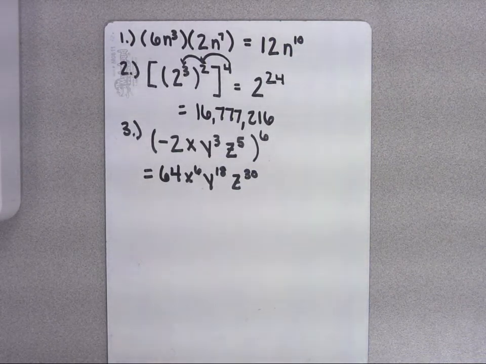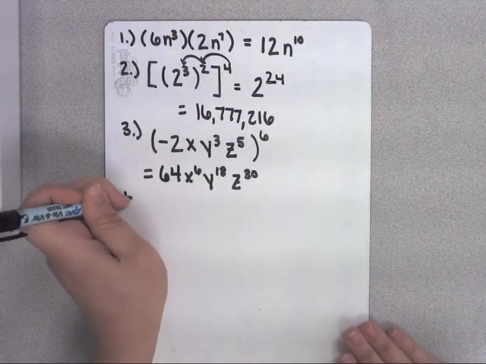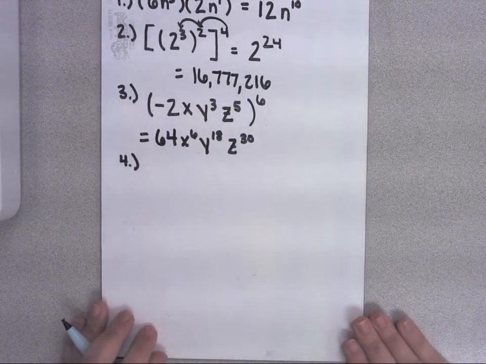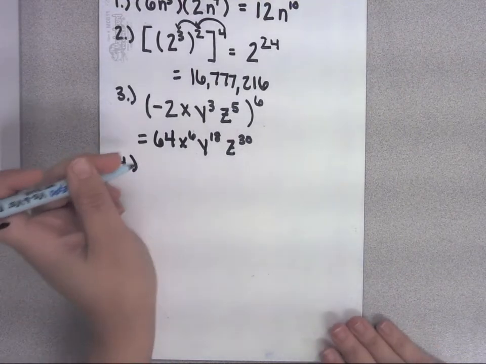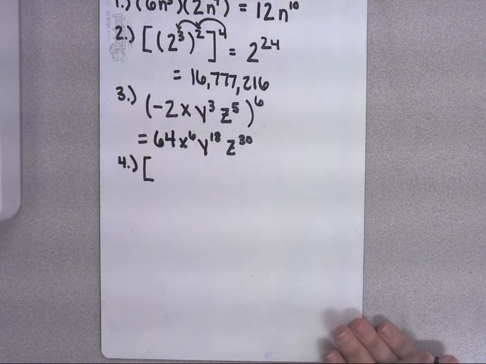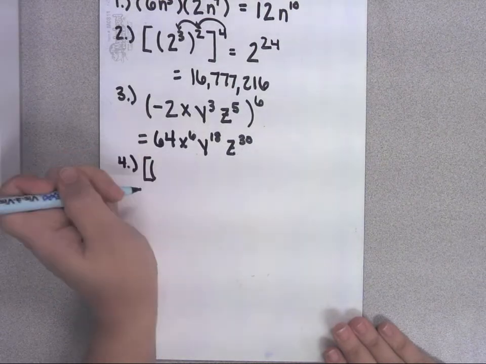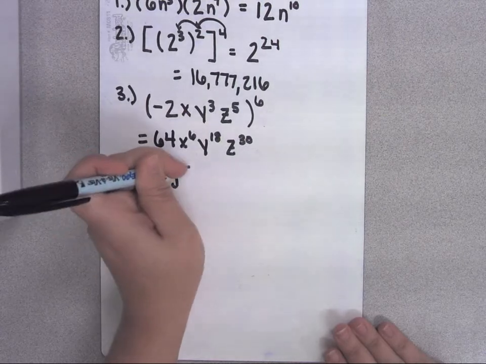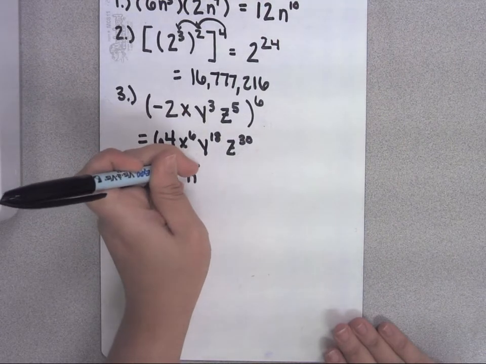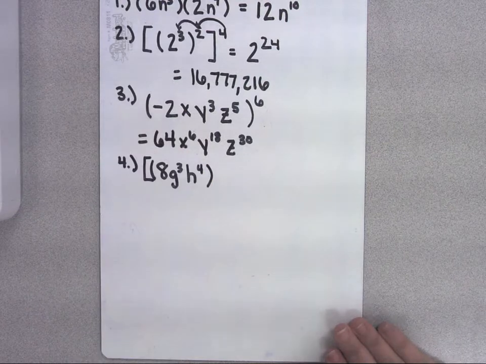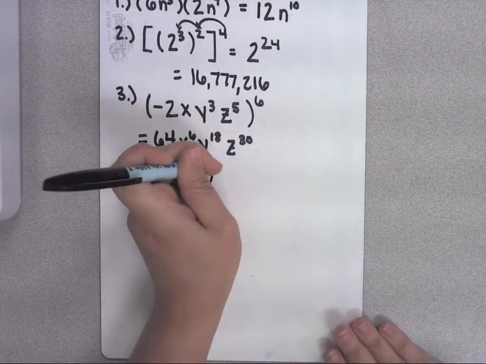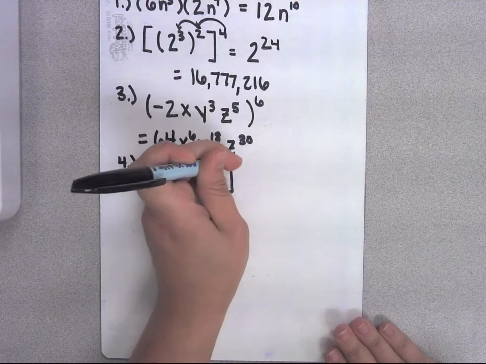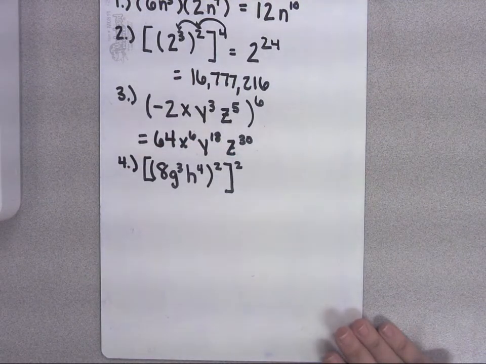Okay? Remy, you ready to give you one that mixes most of them together? Okay, I can fit this up here. Bracket, parentheses, 8g to the third, h to the fourth, parentheses, squared, bracket, squared, that's only half the problem,